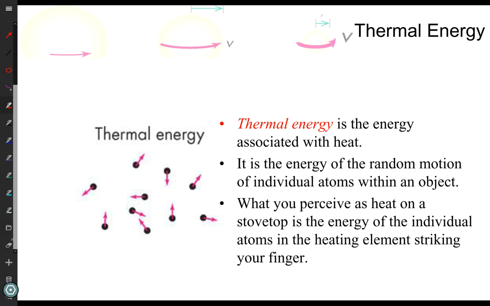So the thermal energy is actually kinetic energy, but it's of these little molecules that are too many of them for us to count and monitor. And so we make what we call a macroscopic measurement for the microscopic behavior. So that's another kind of energy. So the sun is hot, has a lot of thermal energy.